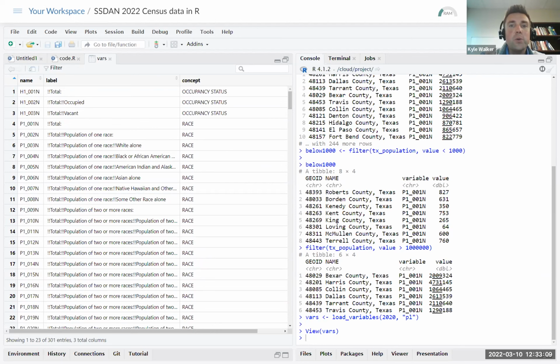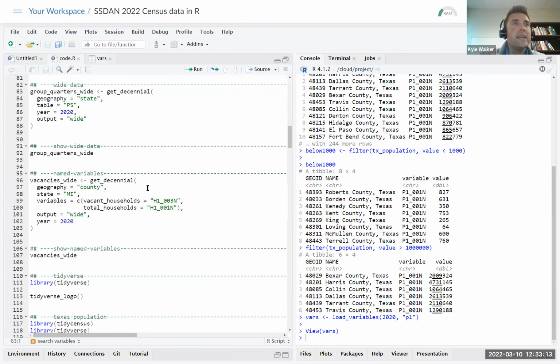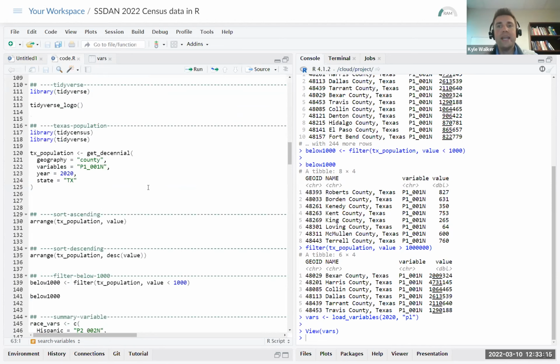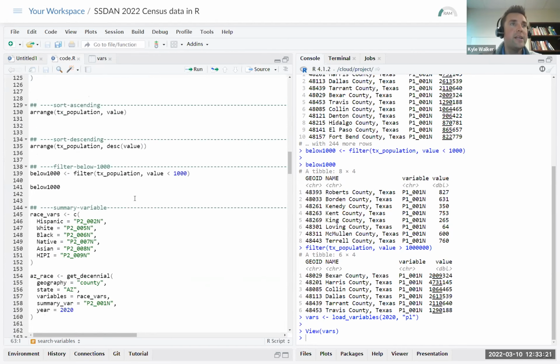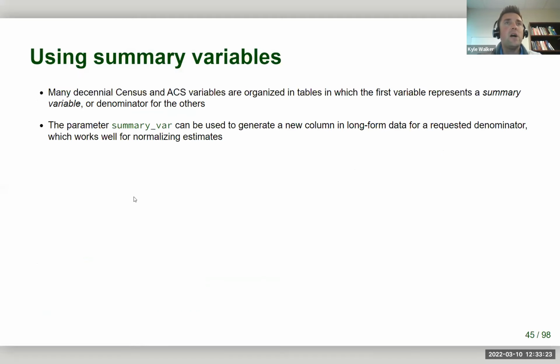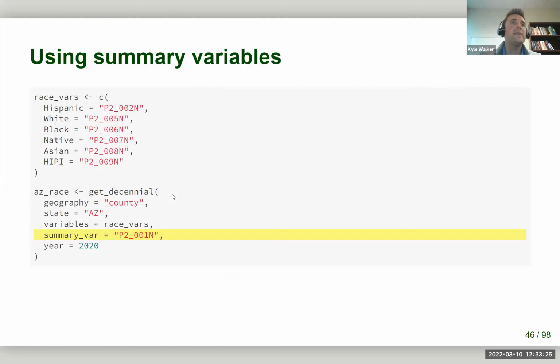With tidyverse tools, we can, in a relatively straightforward way, calculate percentages based on collecting numerators in one column and putting a denominator in another column. So let's talk this through a little bit. We're going to look at counties in the state of Arizona. Arizona has very few counties, so it's a little bit easier to compare across counties in Arizona as opposed to